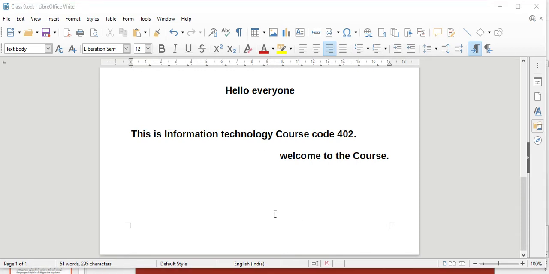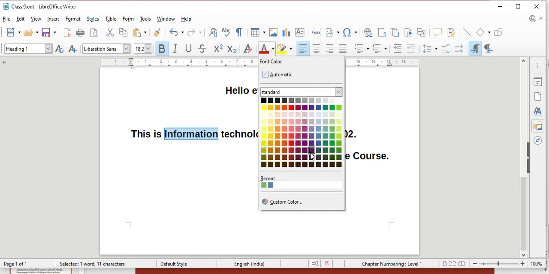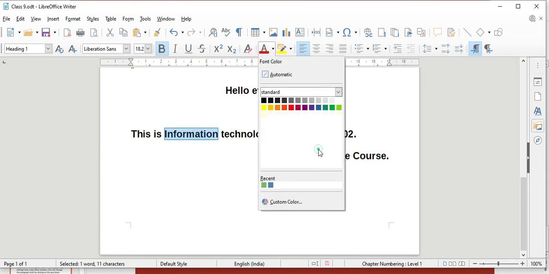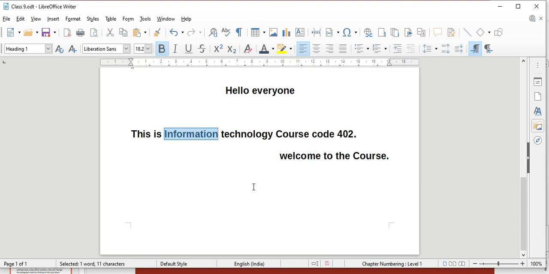In paragraph formatting, now if you want to change a font color, highlight, and use the background color, there are three more tools on the format toolbar: font color, highlighting, and background tools. To change the font color, select the small pointing arrow on the right edge of the font color tool. Here you can select it. First select the text where you want to have the font color and choose whichever color you want. The text will get formatted.